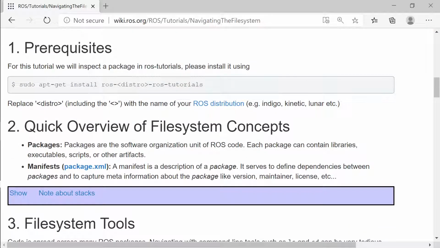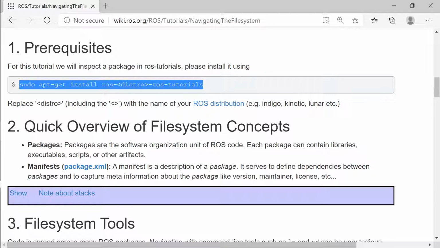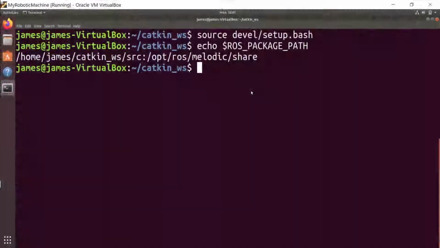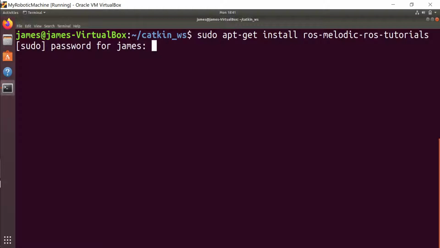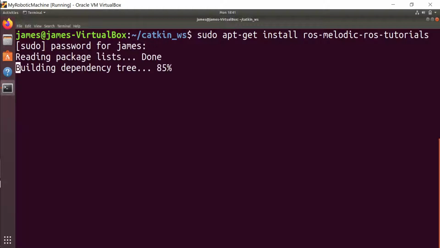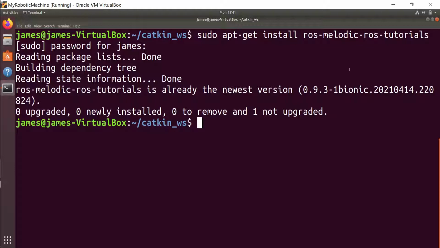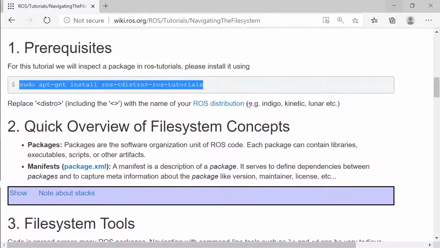So it says to download the tutorials you need to run this. Okay, step 1, which is this. First time if you are running your program, let me clear the screen and paste. Now distro, in my case, is melodic, right? So I need to remove this and put melodic, and that way my ROS melodic tutorials will be downloaded. It will have ready-made programs for you so that you can test. Everything is already downloaded, so no issues.